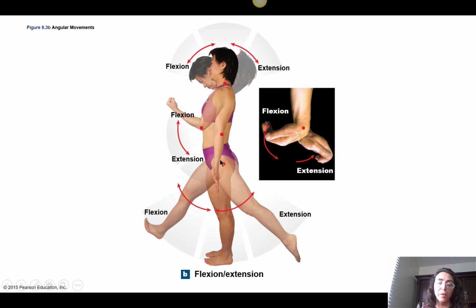In this plane, this is the neutral position, for example. We're talking about this angle between the body and the leg, right? If you decrease this angle, it's called flexion. We're talking about this joint here, the hip joint. Then, if this angle increases,